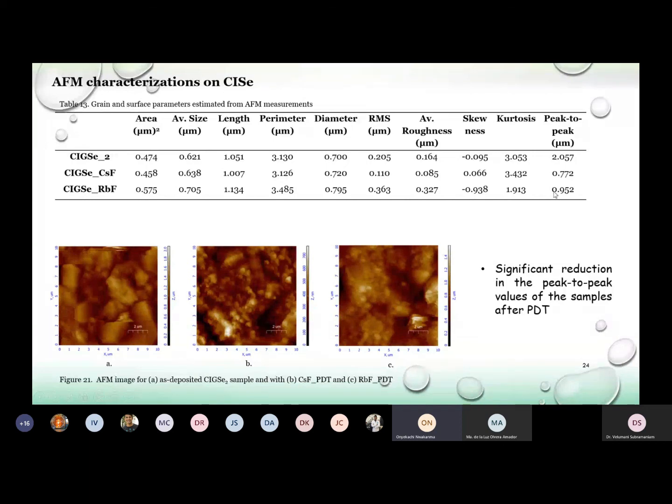So this shows a significant reduction in the peak-to-peak value. And also looking at the image, we saw some forms of smaller granular structures attaching to the bigger structures. When we try to take the Raman measurement,